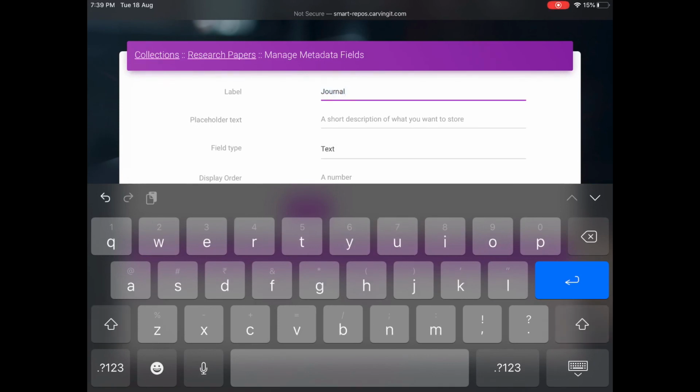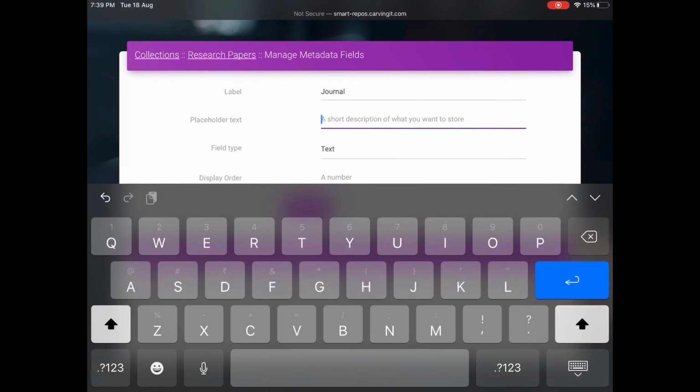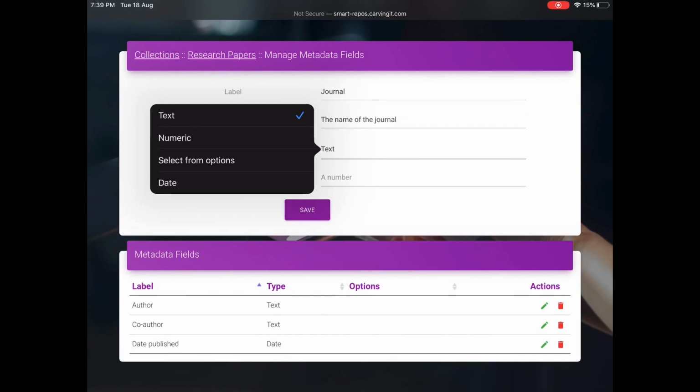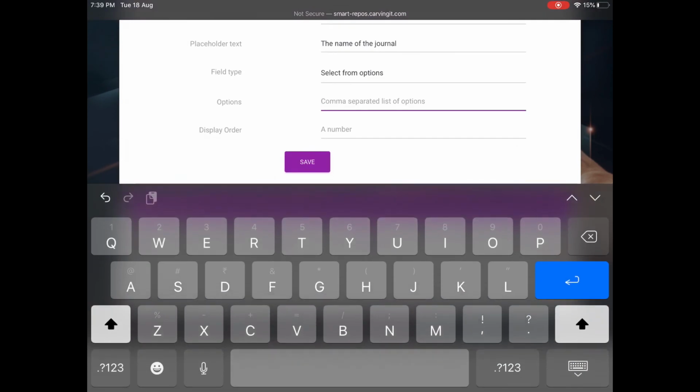In this collection, say research paper, I am now creating a meta field called journal. I'll type here journal, the name of the journal. For the field type, I can choose from a drop down: say numeric, select from options, and date. If I choose select from options, I can give a list of comma separated values here. So I am typing here 2-3 names of the journals. So when you upload your PDF or a research paper, you can choose the journal,